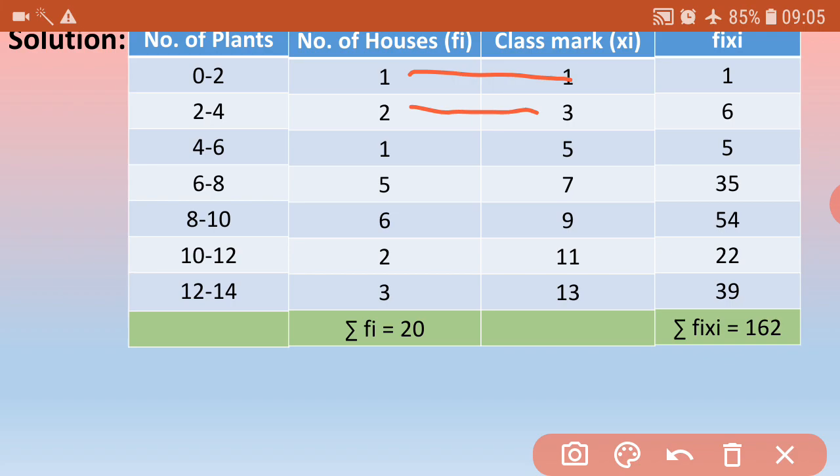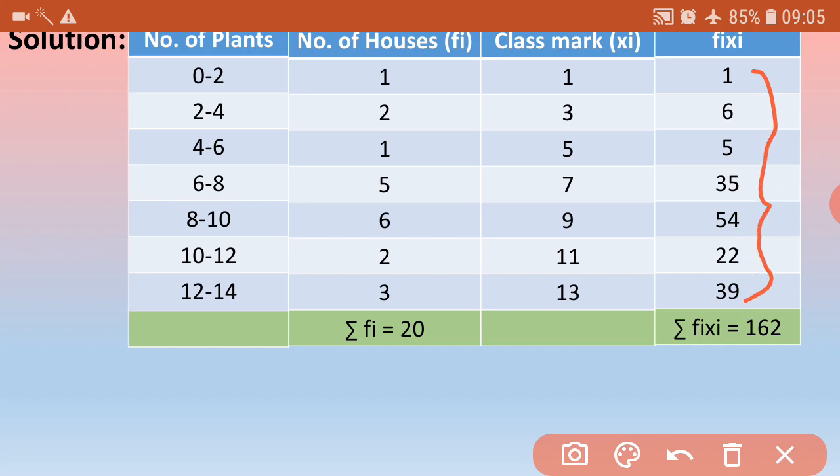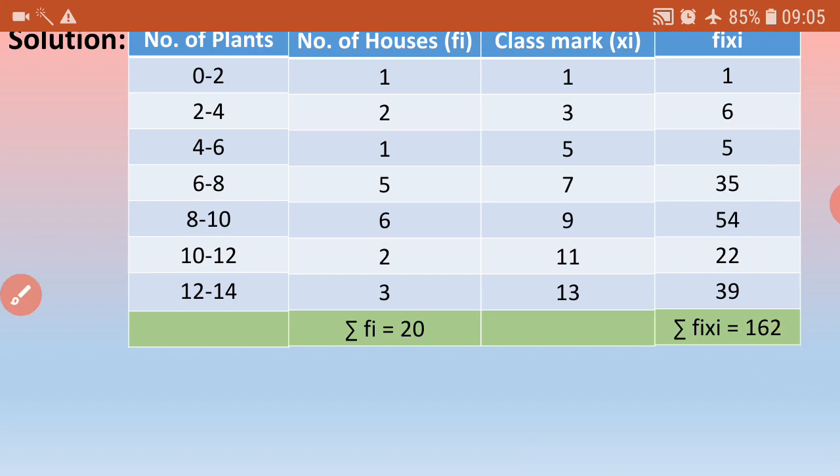Once the fourth column is done, the next step is finding the sum of fi xi. That is the vertical addition. This entire addition gives you sigma fi xi. In this case, it is 162. Now, we have already found sigma fi.